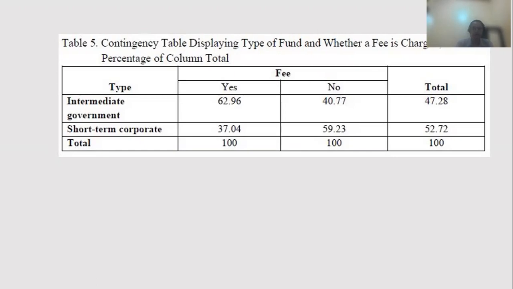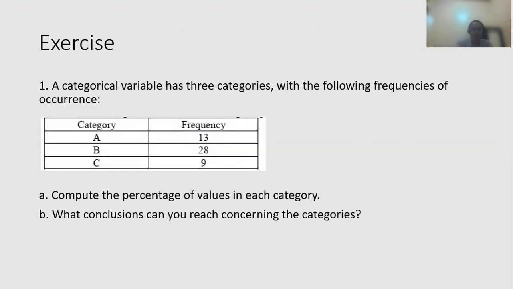So that's the contingency table. So first we have the summary table, which is very straightforward, and the contingency table. The difference between a contingency table and a summary table is that in a summary table, you only have one piece of information. But in the contingency table, you have two pieces of information compiled into one table. Okay, now this is the exercise. Go ahead, take your time,